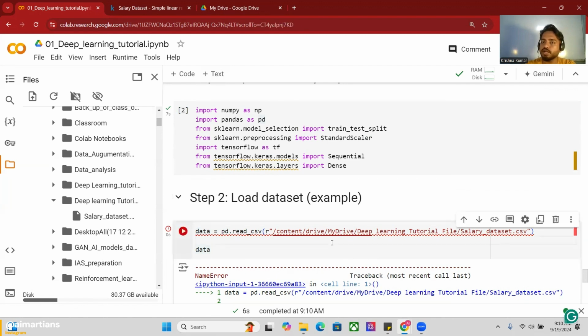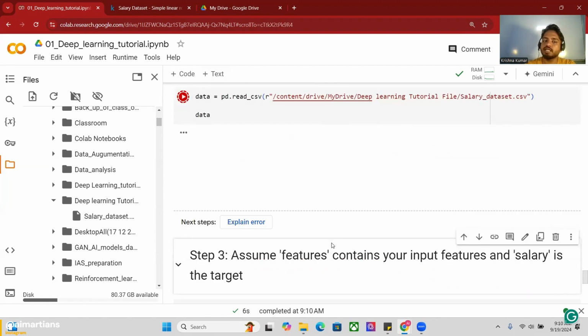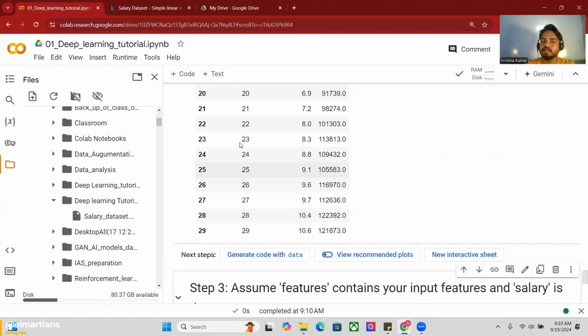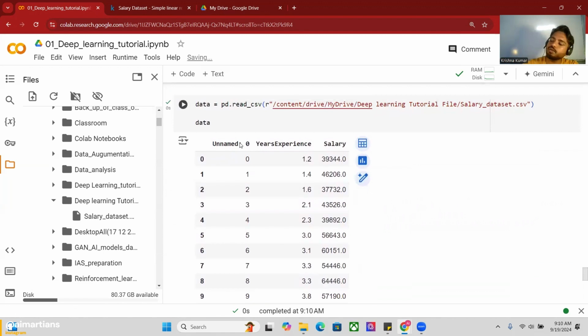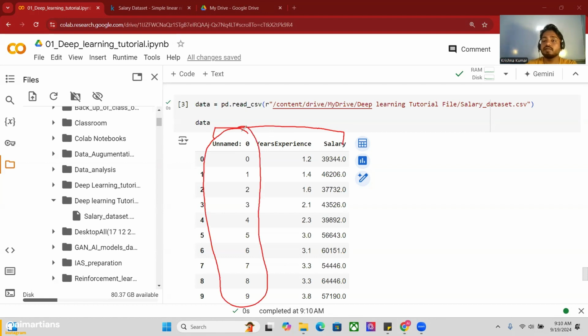It will fetch the data, and it will show me that data. See, it is showing me that data. So yesterday I told you there are 3 columns. Okay, but this is nothing but the indexing. Indexing never plays a role while training a model, because indexing is not a feature. It's simply a kind of value which we assign to any random person, like 0, 1, 2, 3, 4,